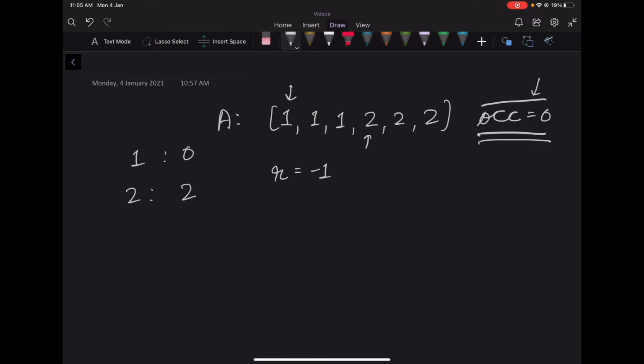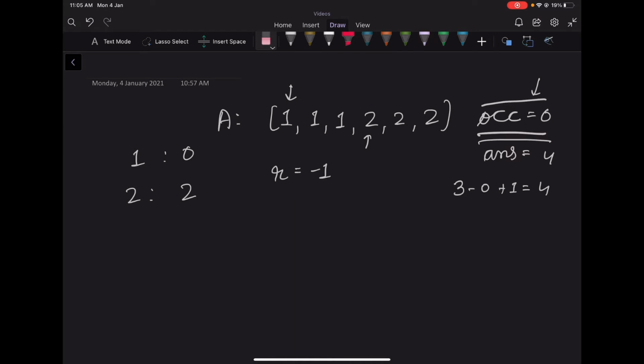So now, since the occurrence is equal to 0, we stop for this left pointer, because for the first left pointer, we have found the right pointer such that if we delete the subarray, we get no element whose frequency is greater than 2. So for L equal to 0, we get R as 3. So we'll simply update 3 minus 0 plus 1 as one of our answers. Initially, let's say we set answer to N, which is 6 in this case. So we'll update our answer as 4.